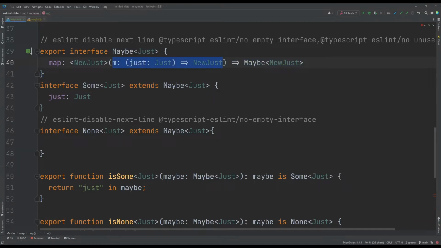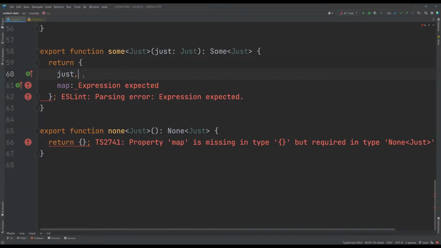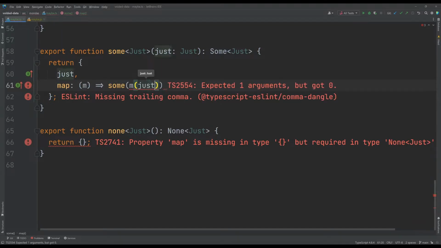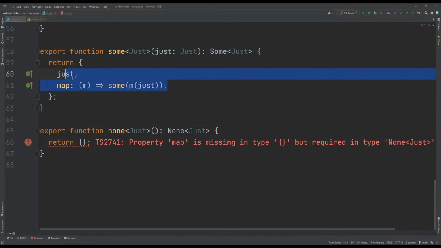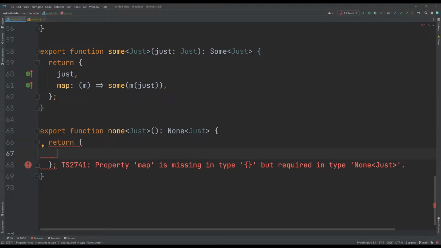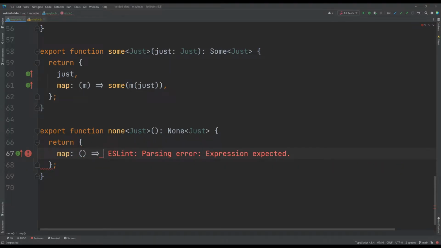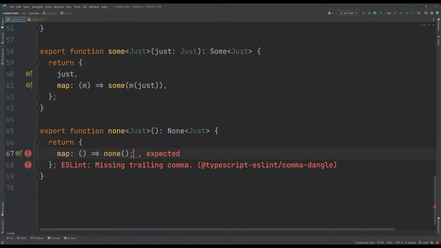It of course needs to accept a mapping function. We can't know how to map at this point here. So we get the mapping function, and what we can do is just the sum of the mapping function of the original just value. That's all we need to do. And for the none, we can return the function that returns just the none again.